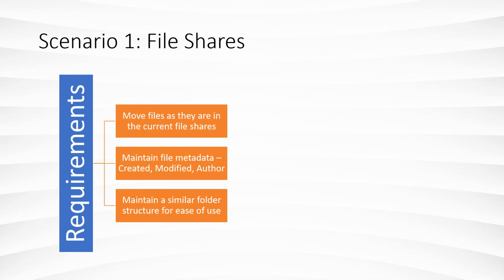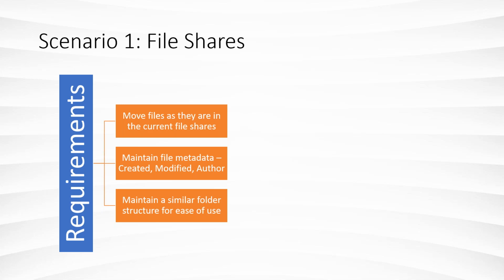And then on top of that, we want to maintain somewhat of a similar folder structure because your users know that folder structure. And usually a business has at least some logical structure to their file shares. And so we want to make sure that we have at least a very similar logical structure to the data wherever it ends up. So I think that criteria number 2 there is actually important.